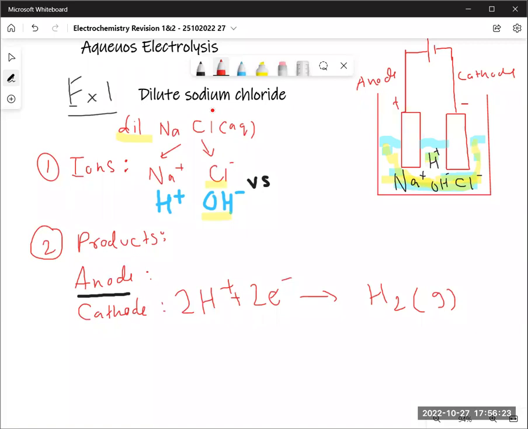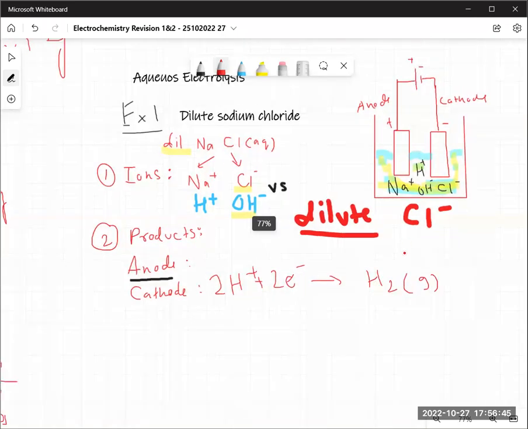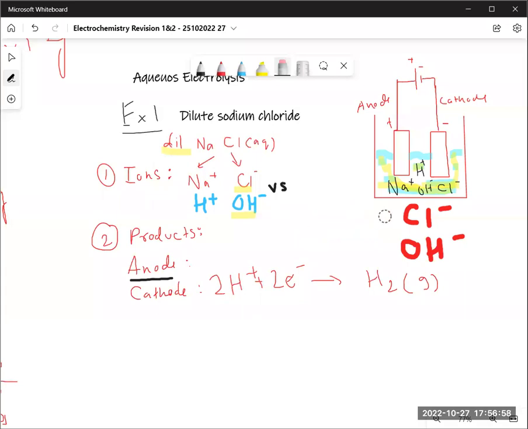Tell me, do we have concentrated halide over here? Concentrated chlorine. Yes, we have chlorine, but do we have concentrated? We have dilute, right? Dilute. And versus that, I have OH minus. And as per the rule, I know that if I don't have concentrated halide ions or concentrated group 7 ions, then always OH minus forms. So the answer will be